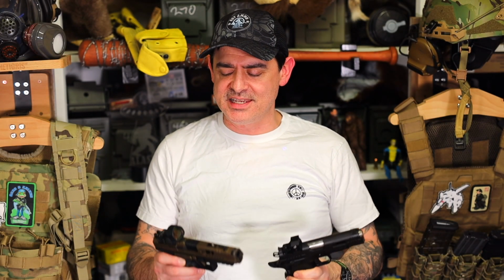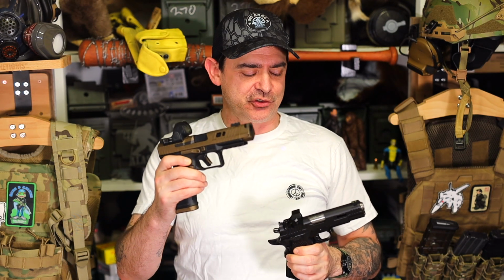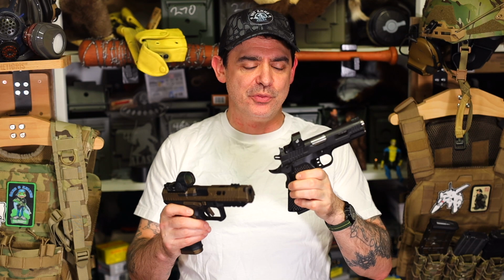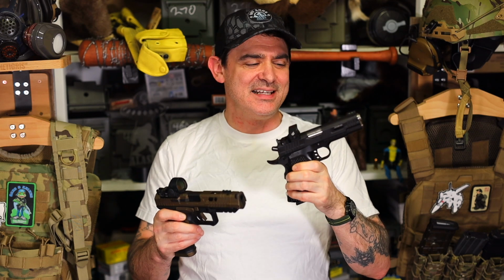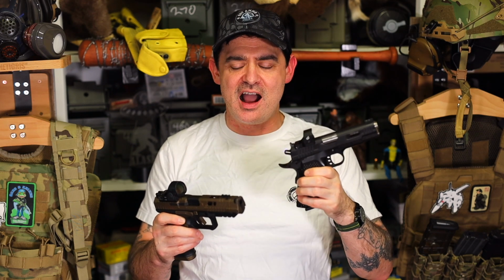Well, I have an interesting lineup for you. We have the Canik TTI Combat Master, and we're going to pit it against this Stealth Arms Platypus. Now, both very different pistols. Obviously, this is a polymer striker fire, and this is a double stack 1911 hybrid that takes Glock mags, but